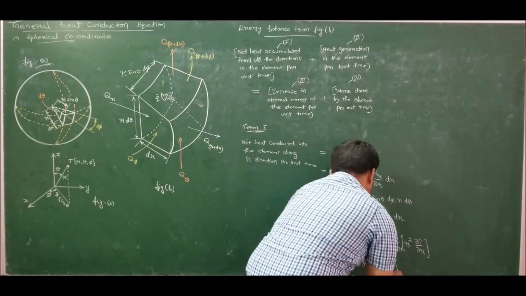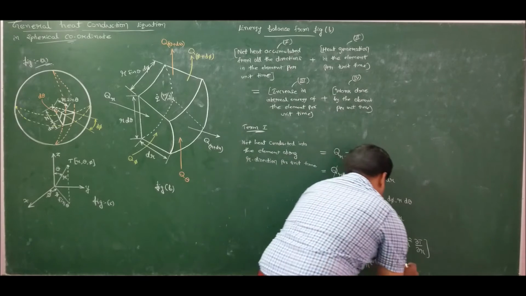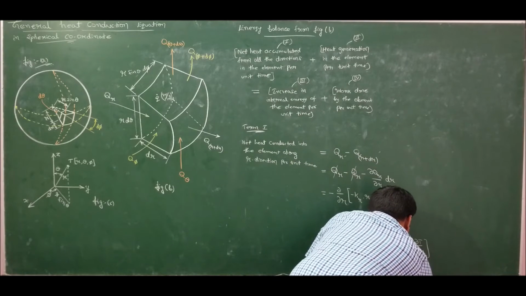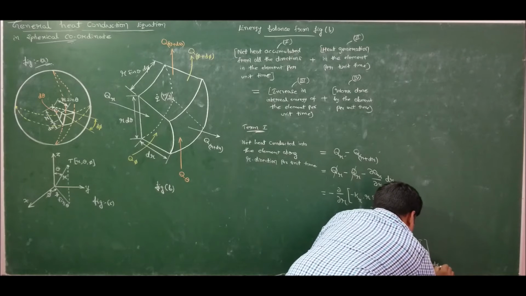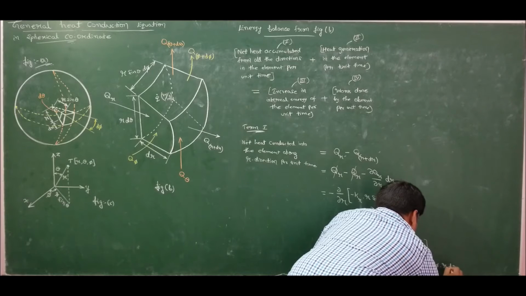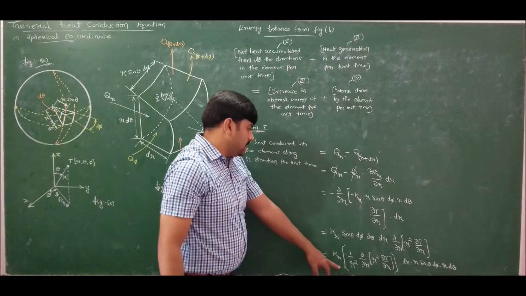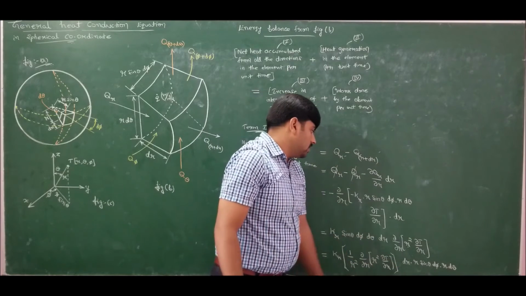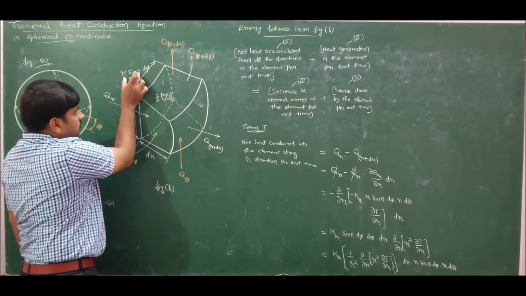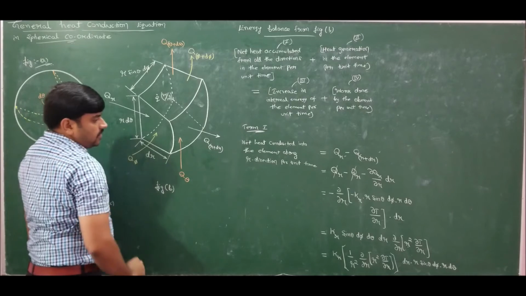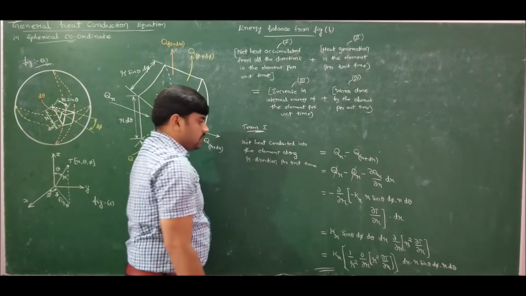Now I can take volume common, so I have divided by r square, therefore I can multiply r square now. So that is, we have dr, r sin theta d phi into r d theta. So what I did is that I have multiplied and divided by r square, and I have taken volume common, where in which I have r square. So I split it for the length r sin theta d phi, I have taken one r, for r d theta I have taken one more r. So this is the heat accumulated along r direction.